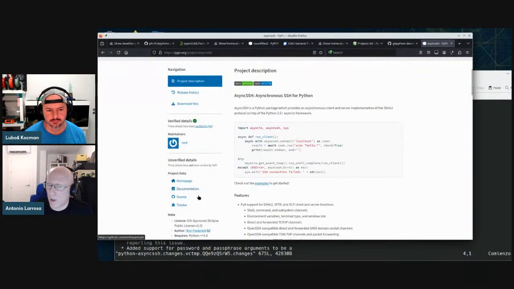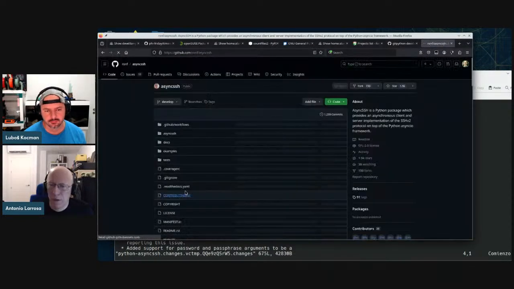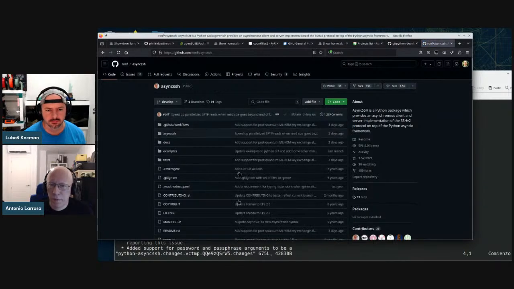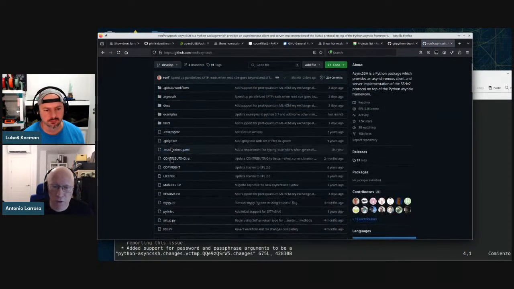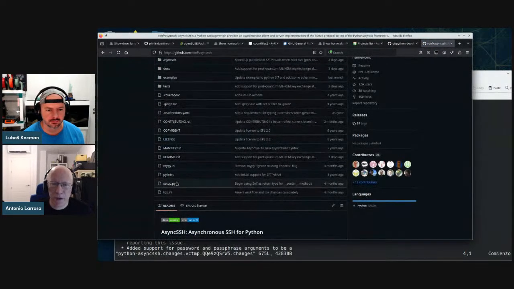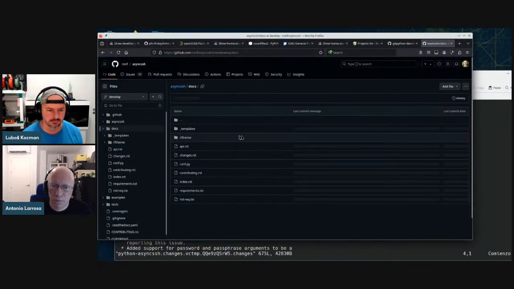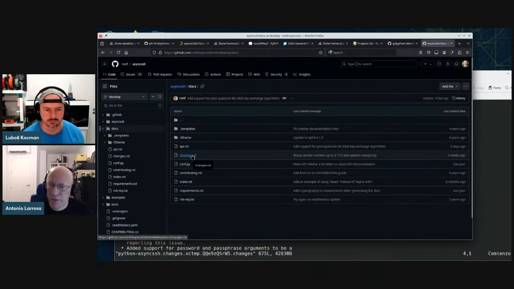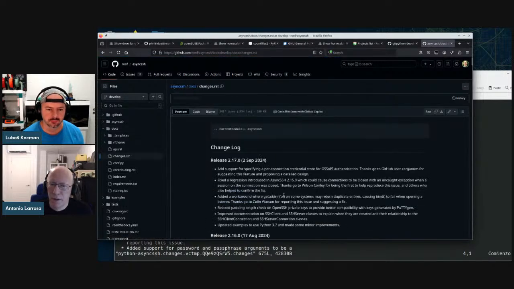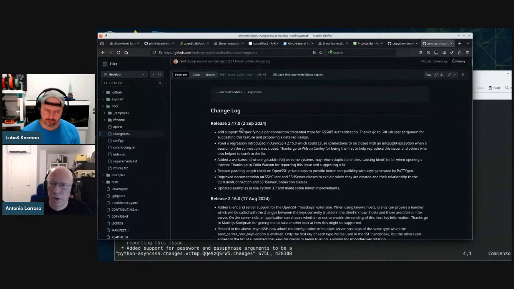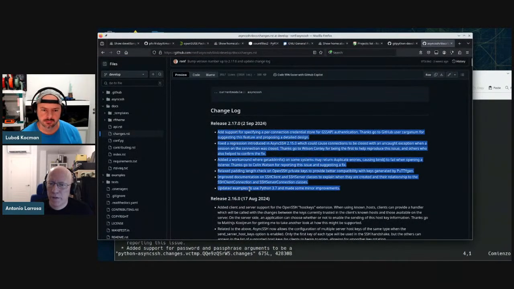Then we search for a changelog. Okay. There is no changelog link here, so we go to the sources. And usually developers have a changelog file here or news file here. Sometimes there's a docs directory where everything is there, and here we can see changes.rst, and this is the changelog. So basically, we copy this,